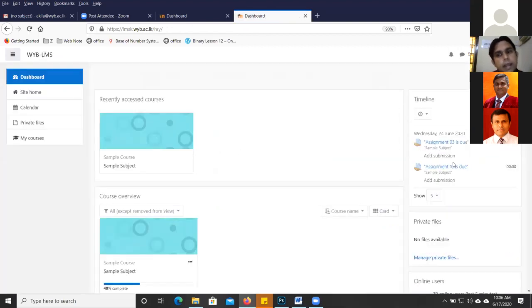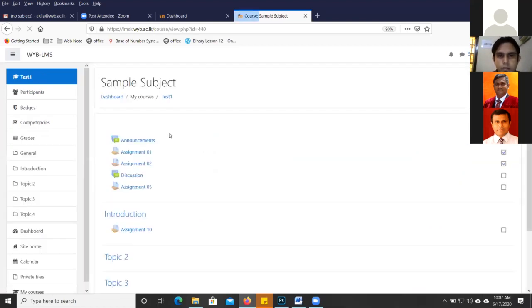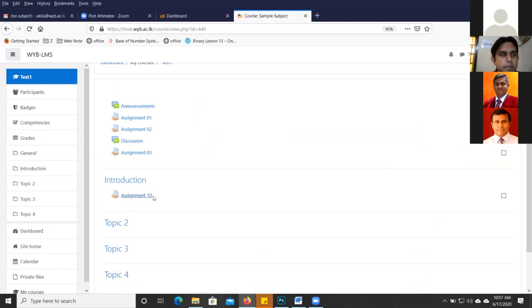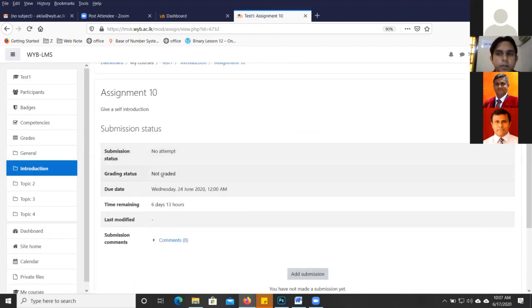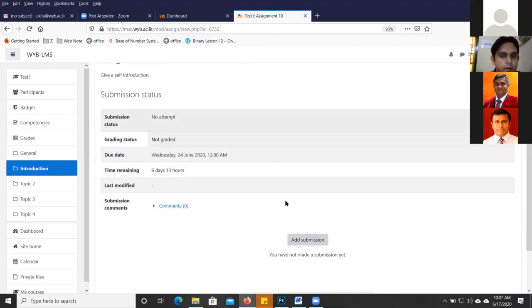So when I add the assignment, you can see the student timeline. It is shown here: assignment is due, and the time. So by clicking on this one, they can easily access the assignment, or they can go to the course and access the assignment. So I'm going to go to the course. So this is a new assignment that we have created. I'm going to go into that. So this is the student view, right? Okay. So students see that the assignment is here,